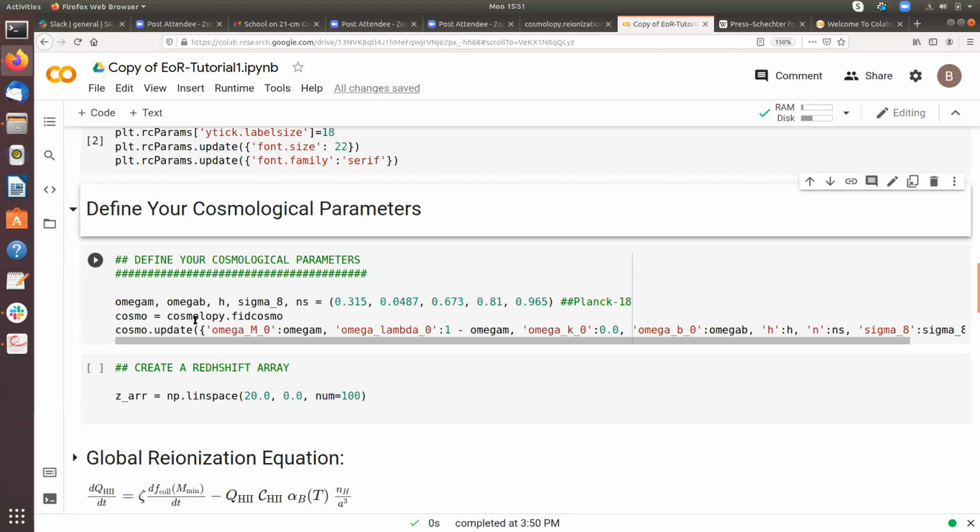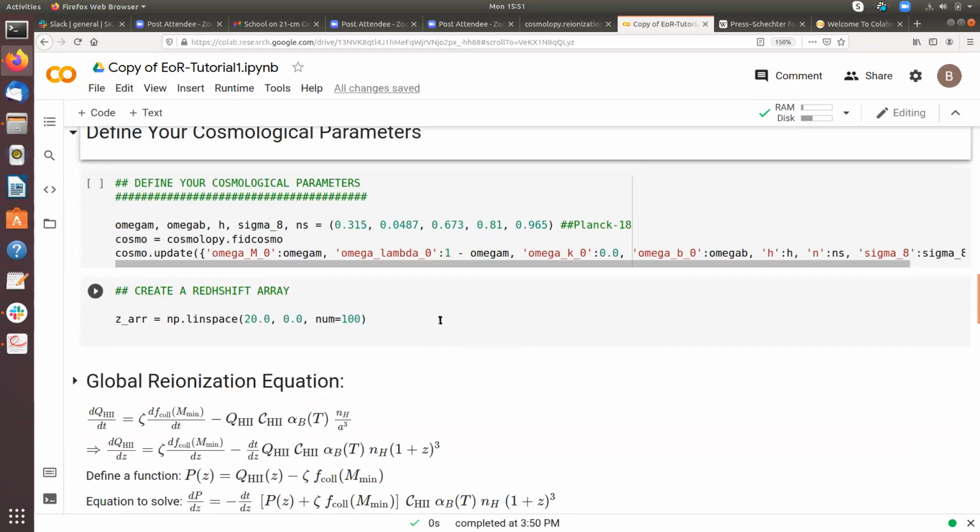And as I have told, we will use that Cosmolopy package, and you can check later what it is. It basically gives different cosmological quantities which may be useful in some other works too. And you can update the package according to the values which I've put there, the different parameter values.